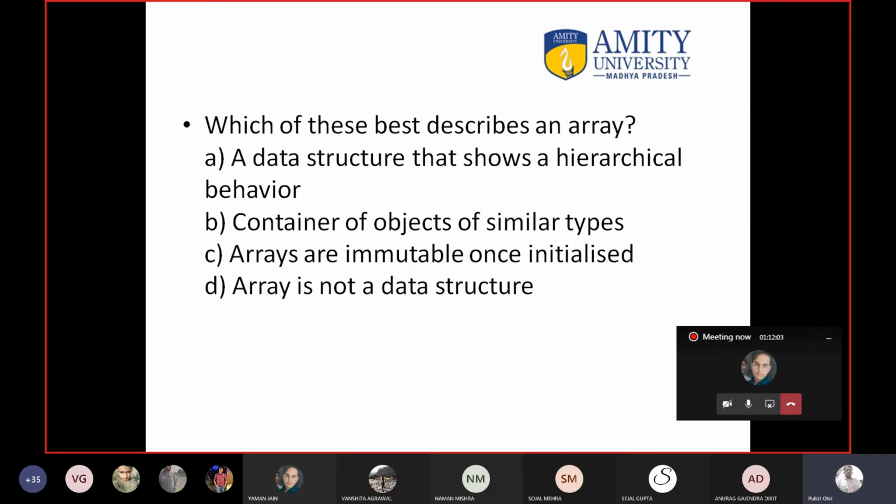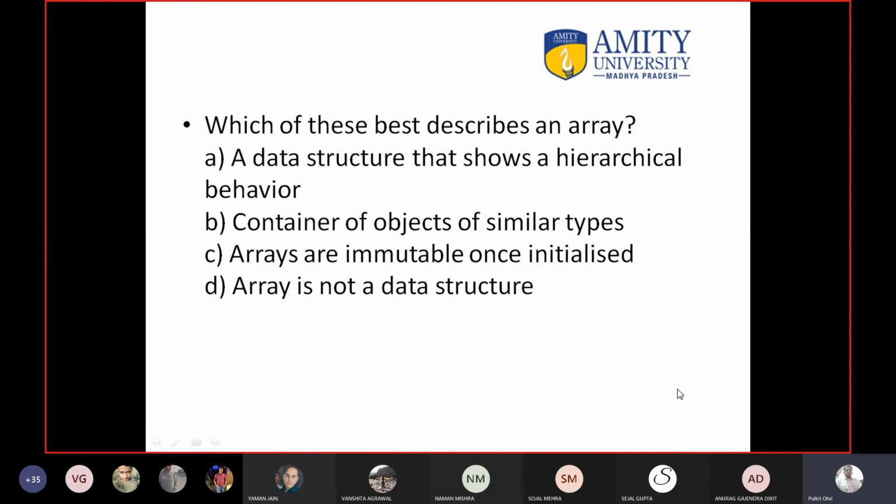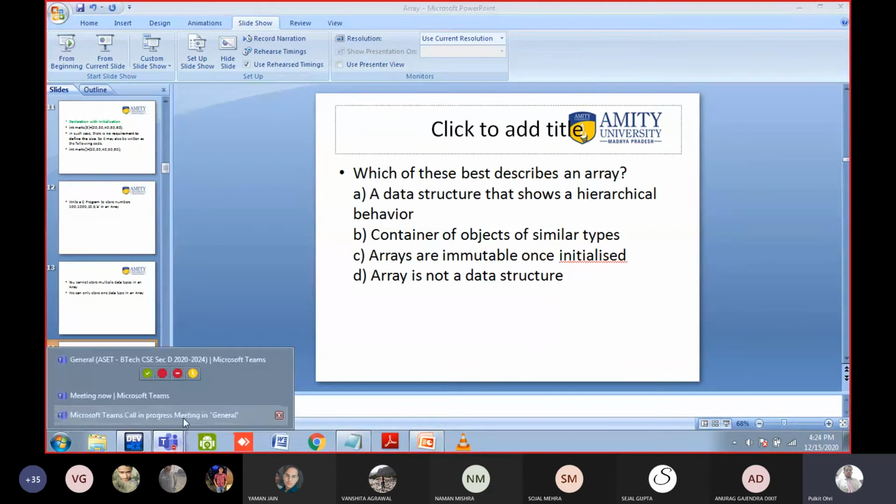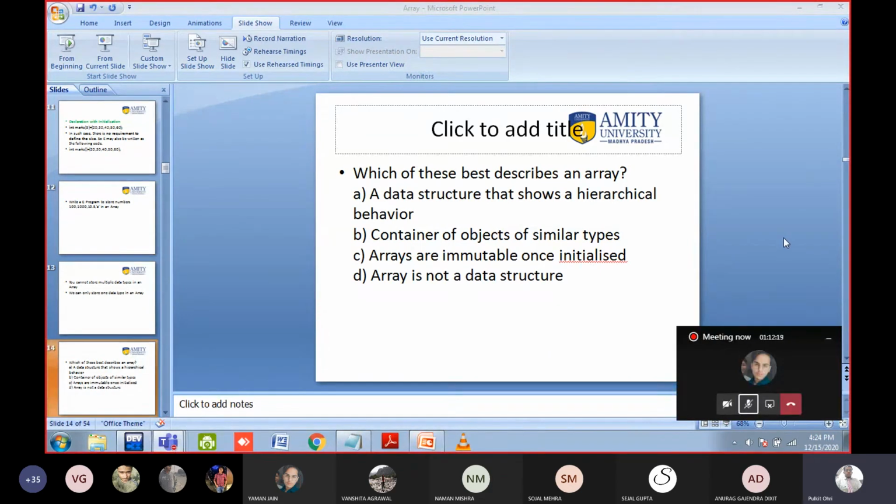Tell me the answer. Naman, any guess? Don't worry if the answer is wrong. Any option, but give me some explanation.